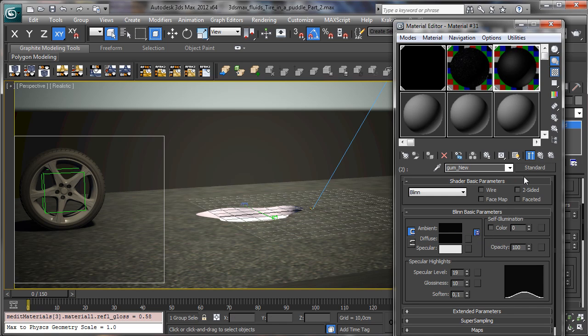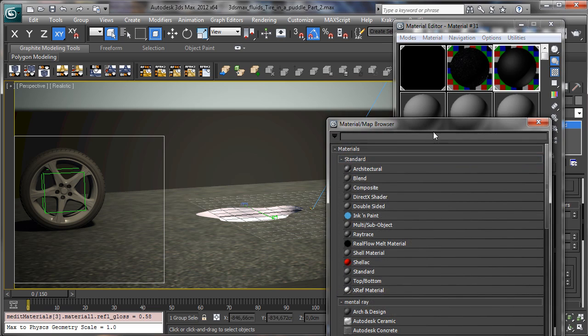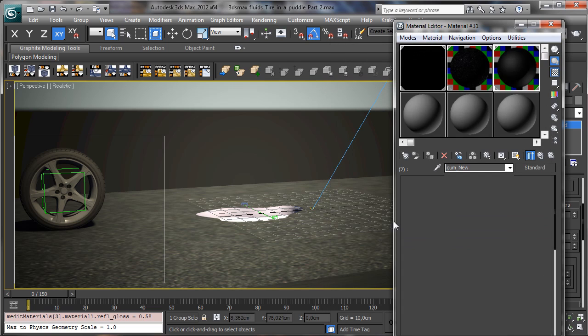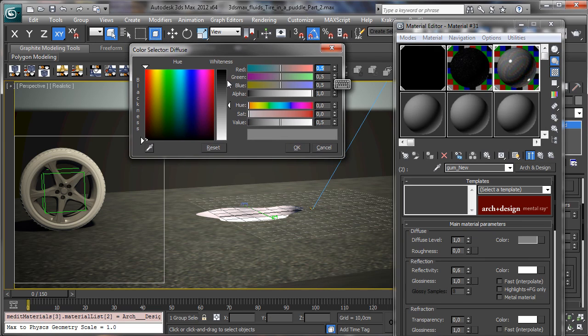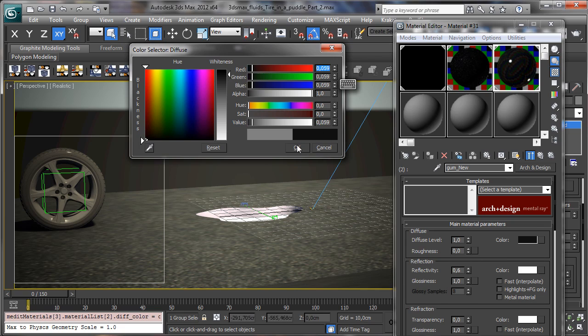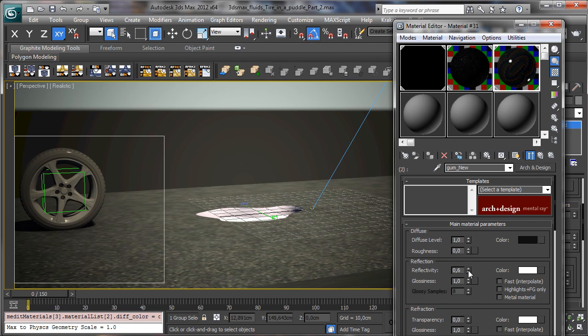And we can work on the gamma there. You see that we have just a black color. We can have an Arch&Design, and we'll have a really dark color, and then we have a really high glossiness. So we can stay with this value, make a test,